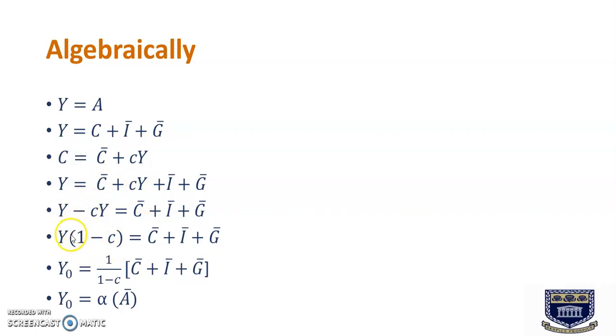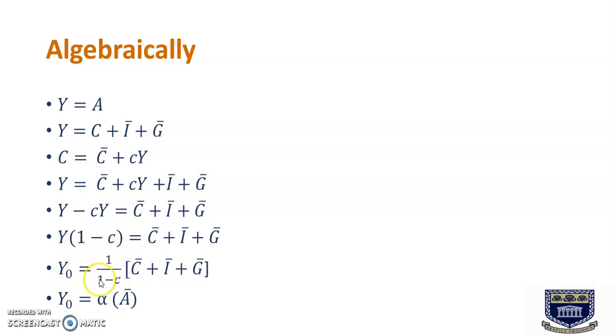I can now collect my terms, so now I have Y, and in brackets I have 1 minus C. Right? And note that on the right-hand side, all we have are the autonomous components, those components that have a bar on top of the letter. So that is autonomous consumption, autonomous investment, and autonomous government spending. Right? We have ensured that Y is left alone on the left-hand side, and we can now solve for the equilibrium level of income. Thus, by rearranging, we have Y0, which represents the equilibrium level of income, being equal to